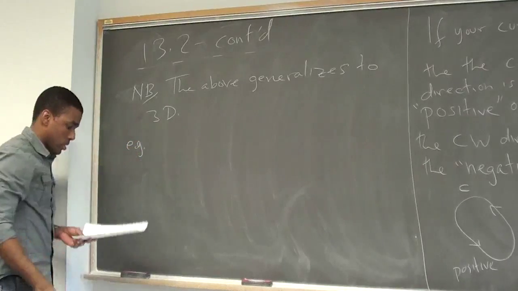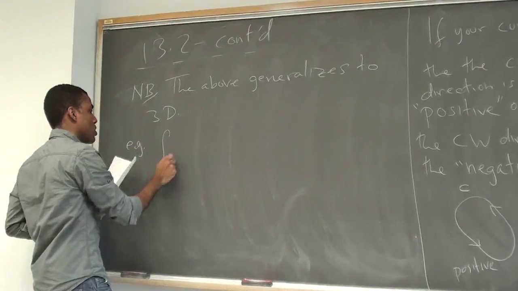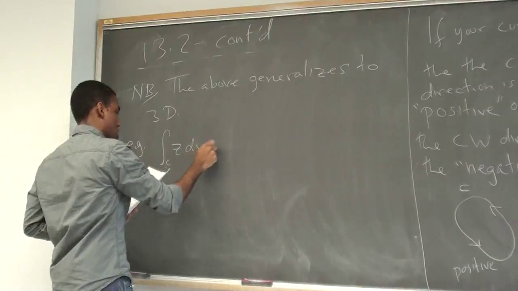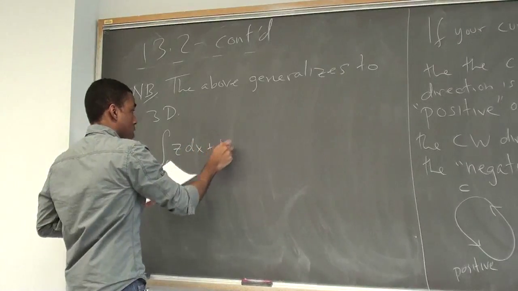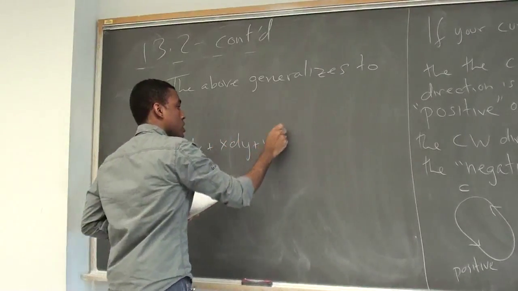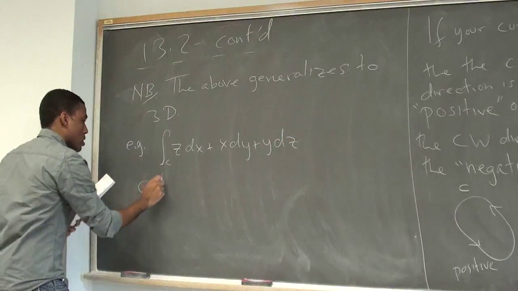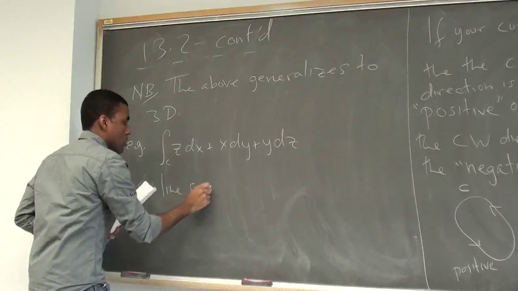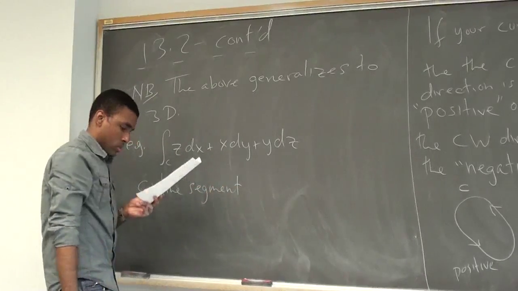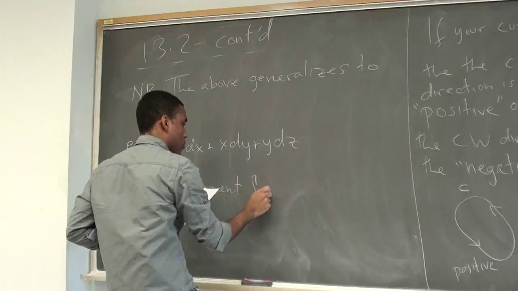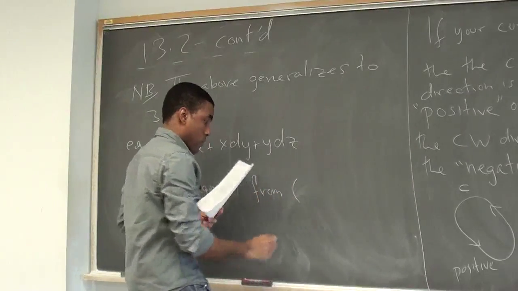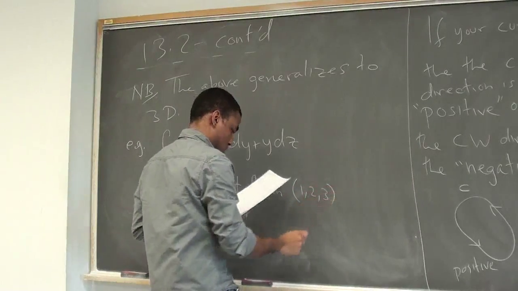So for example, someone could ask you the problem of the integral along c of z dx plus x dy plus y dz, right? Where c is the line segment from (1, 2, 3) to